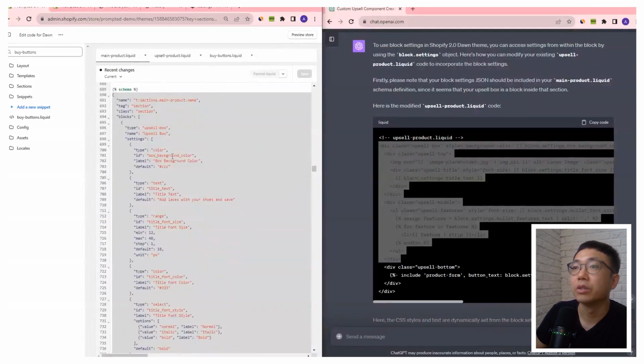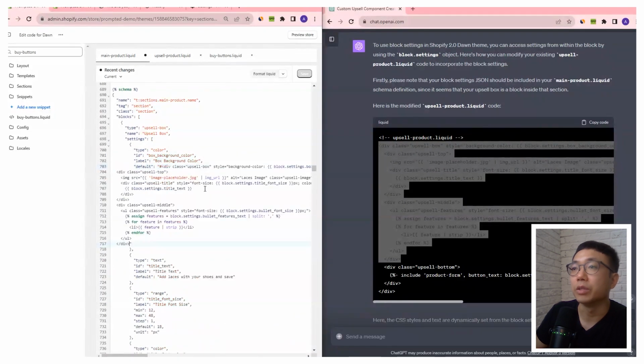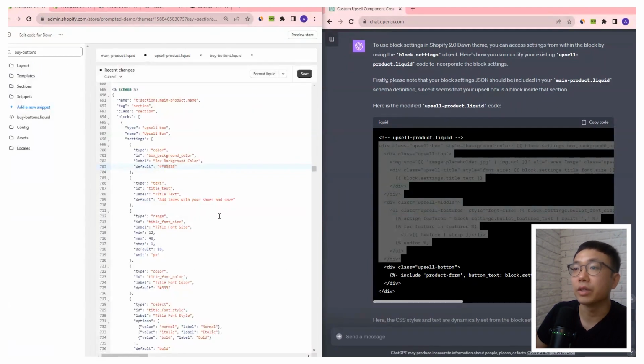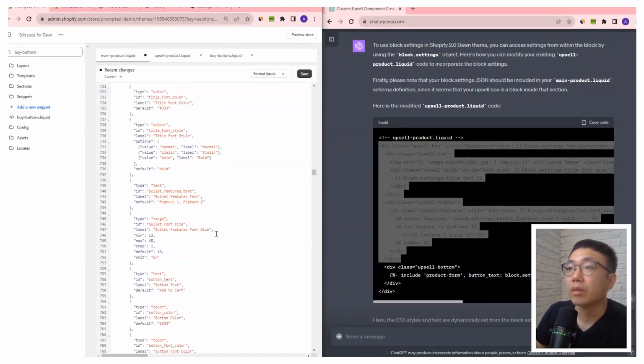So we can change the default to be a different, oh, that's not quite right. Okay, change the default there. We can change our title size to say 24. And our features, we can call this